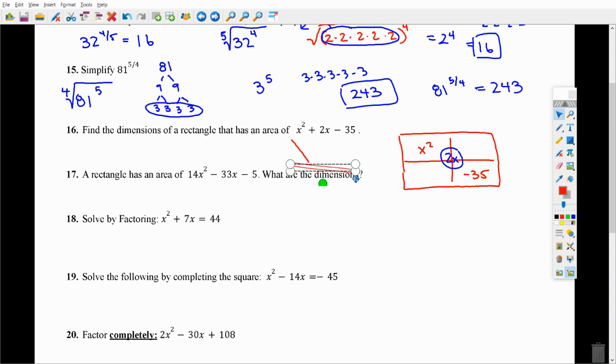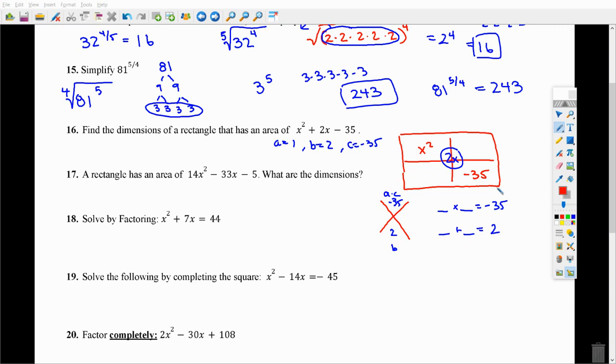And so how this one works, let me do it down here actually. Let me go through the steps as well. So you take your a, b, and c. So a here is 1, b here is 2, and c here is negative 35. You take your a times your c, so you get 1 times negative 35. And then you have your b, which is just 2. You want to find two numbers that multiply to negative 35, and those same two numbers add up to 2. So if you think about it for a moment, you might end up with something like 7 and then